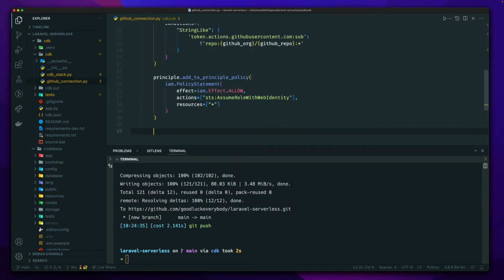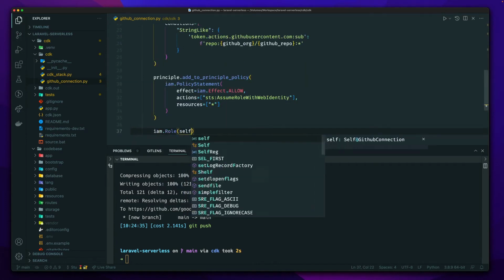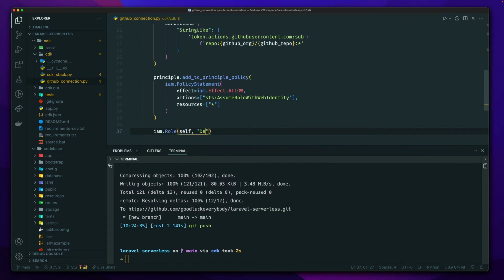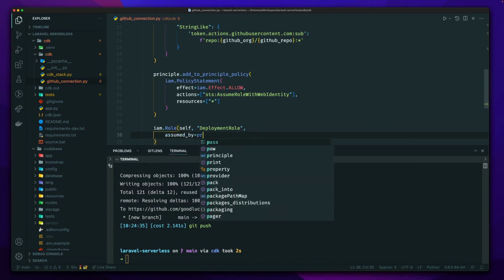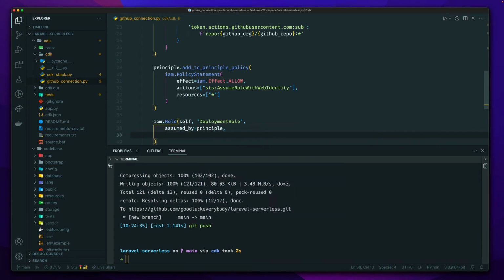Resources, any, and then let's create a role. That's going to be the deployment role, assumed by the principal. Role name, it's going to be